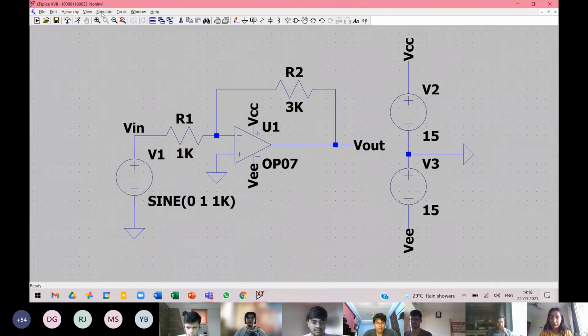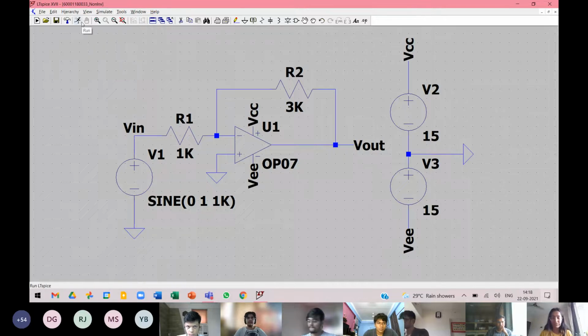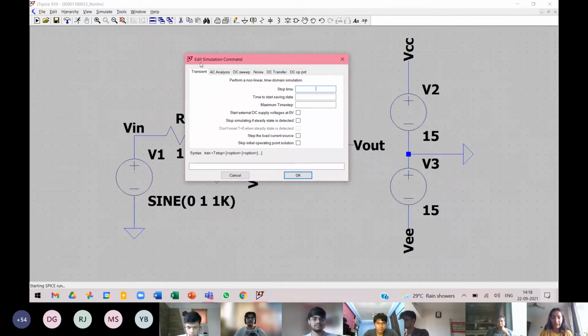So there are two ways of editing the simulation, how you want to simulate it. Right now, if this is the first time I'll be running it, and I just press run, then it will give me the edit simulation command option. But once I've placed the edits, if I want to simulate it differently after that, I'll have to go to simulate and select this option of edit simulation command. Okay,